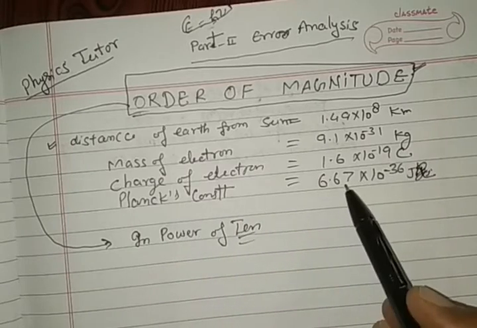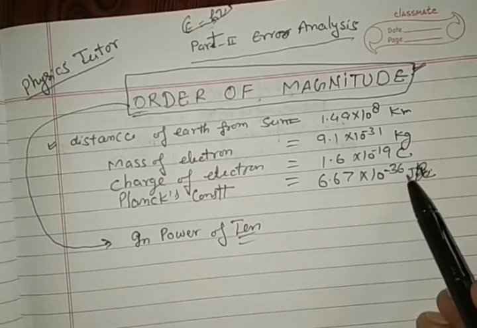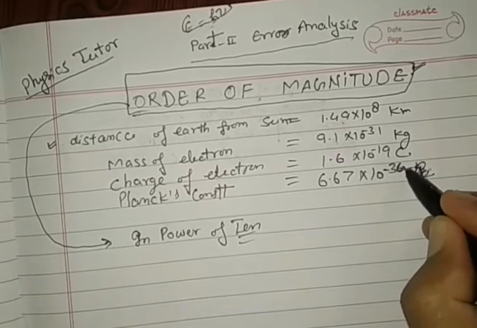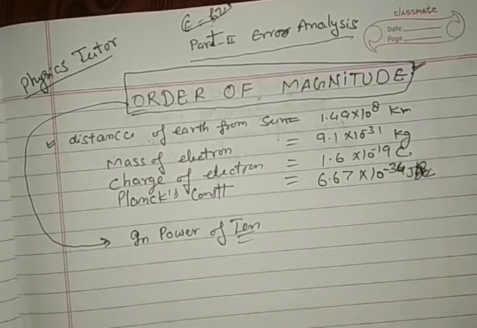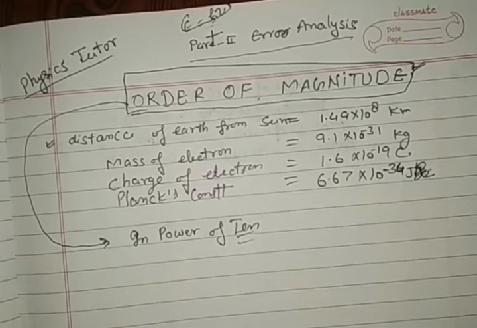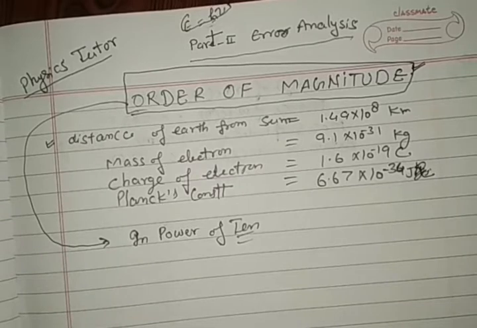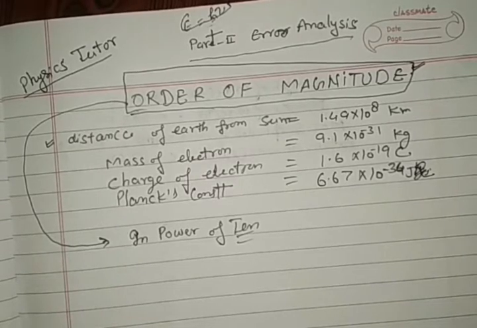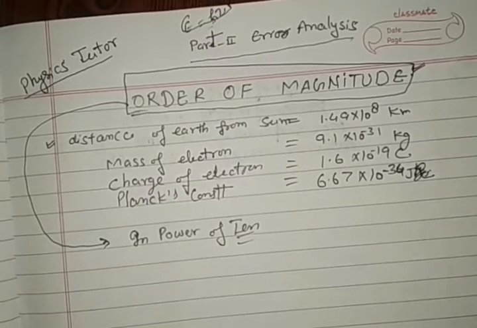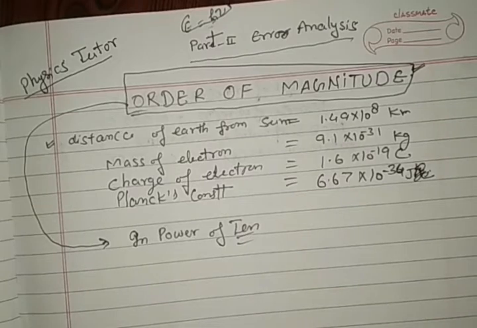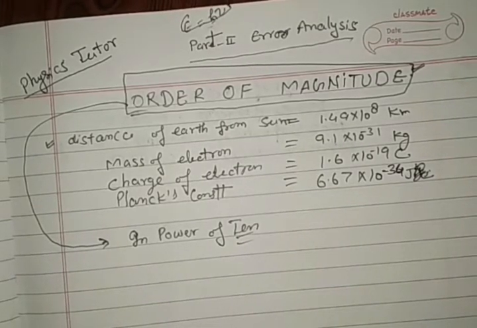Planck constant 6.67 into 10 to the power minus 34 joule second. Many examples: distance from earth to moon, diameter of earth, perimeter of earth, intermolecular distance, interatomic distance, internucleon distance. So these are represented